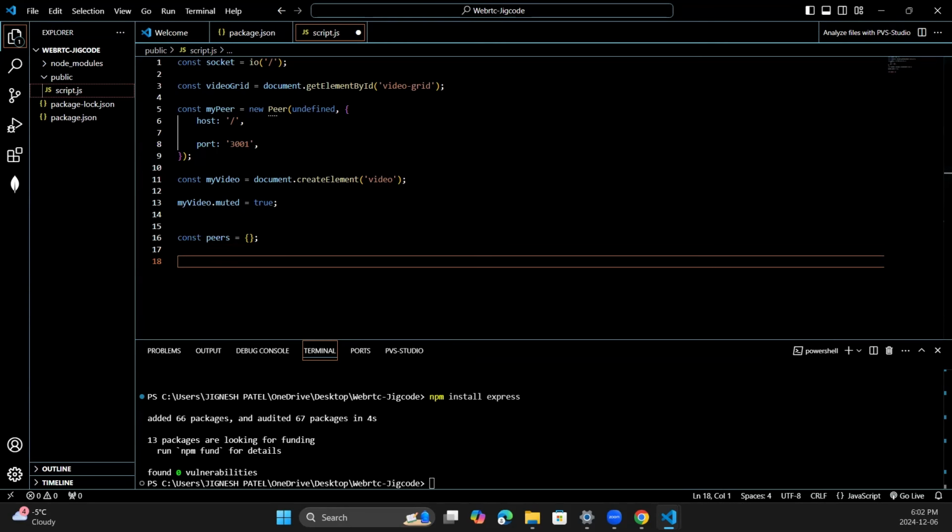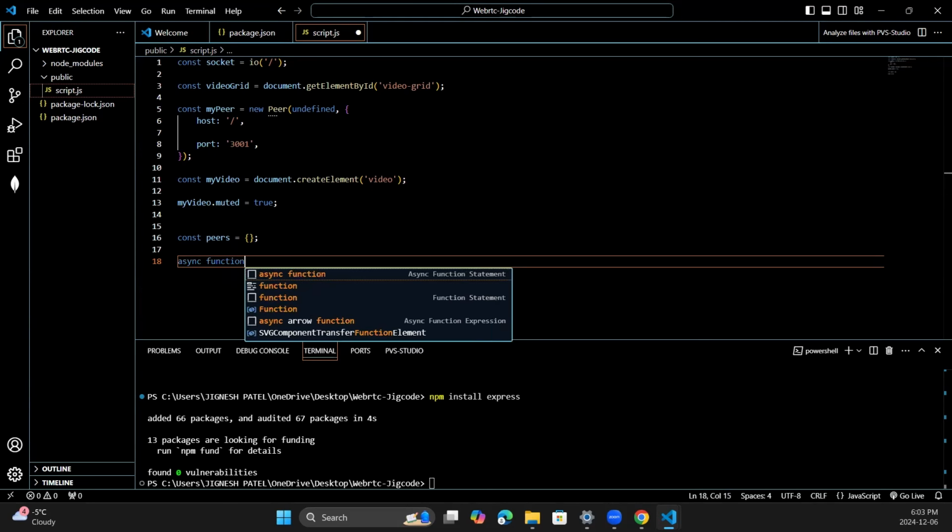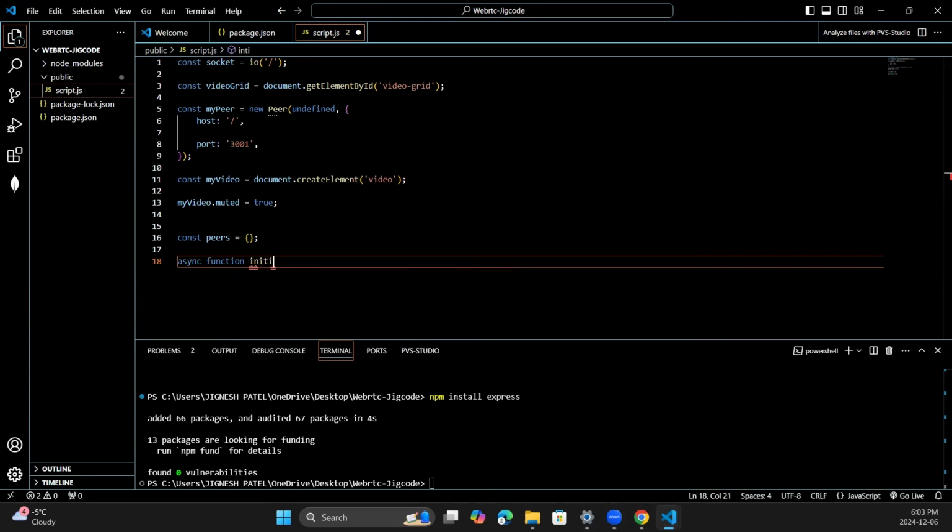Perfect. And then the next thing we're going to do is we will need to define the initializeStream function, which is going to request access to the user's webcam and microphone using the getUserMedia API. So in our introduction, we already discussed this, that we will be needing the getUserMedia API, which will request basically the access to the user's webcam and microphone. So let's write that function down here. It is going to be like initializeStream. Okay, initializeStream, and then inside of that